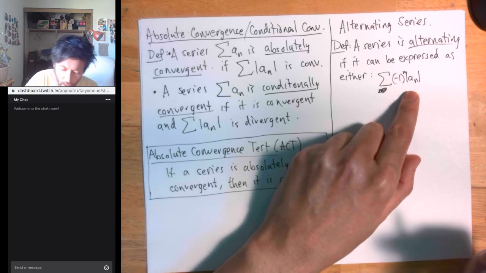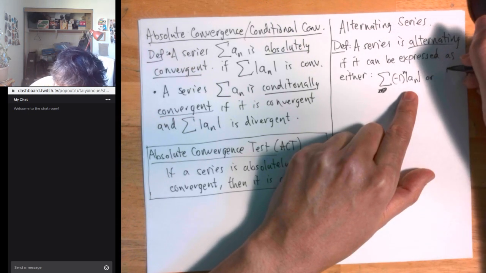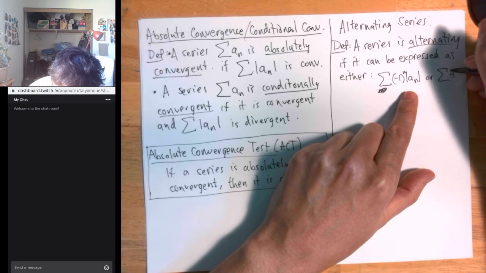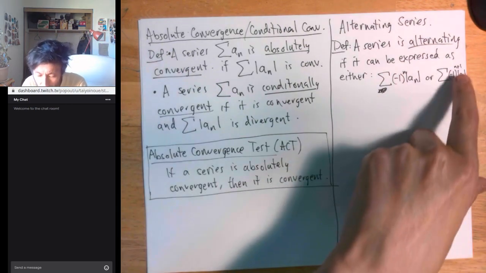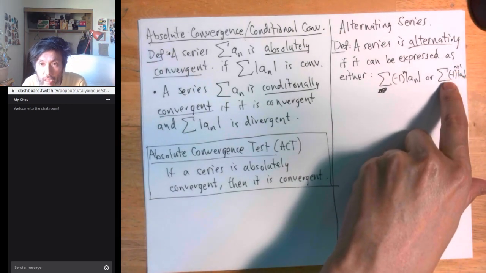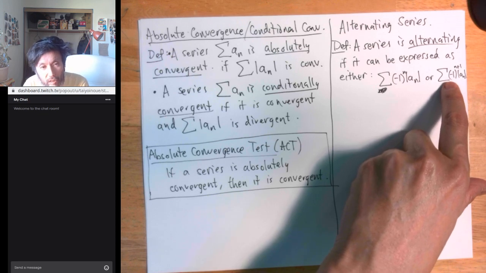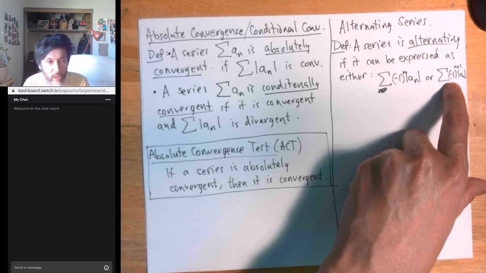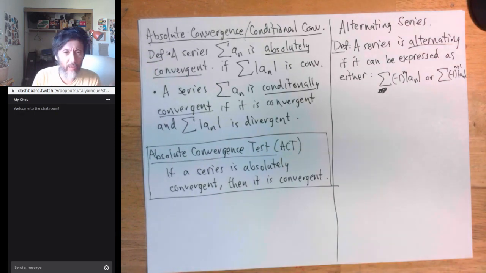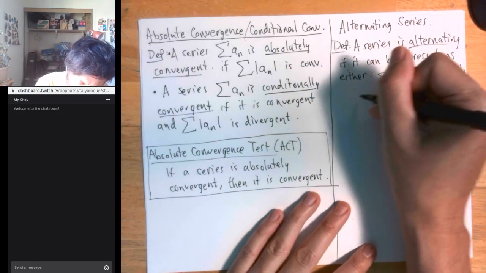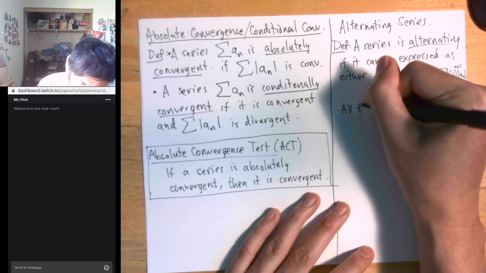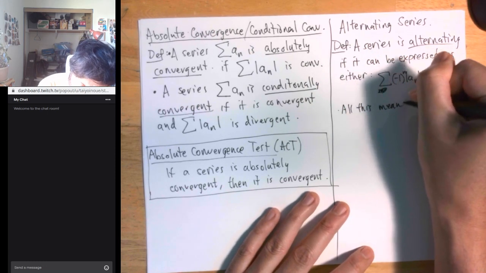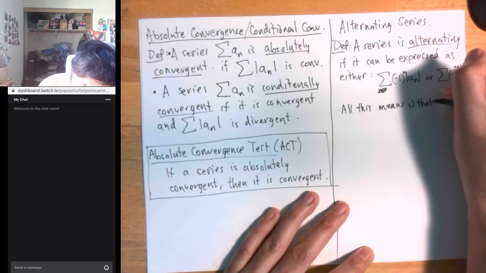Okay? Or the sum from n equals 1 to infinity of negative 1 to the n plus 1 times the absolute value of a sub n. All this does is, instead of starting with a negative term, it starts at a positive term, right? So let me very quickly give you examples. But before I do that, let me just give you the intuition. All this means is that the sequence of terms